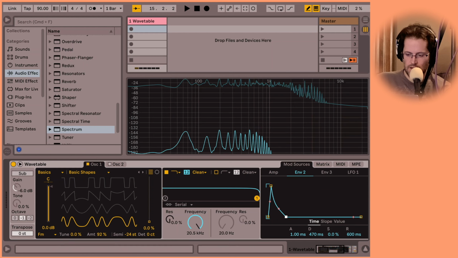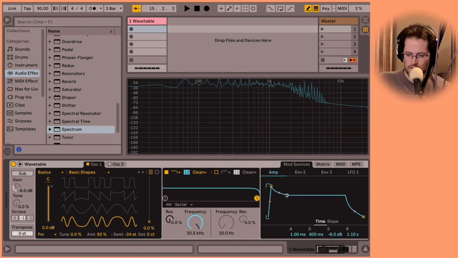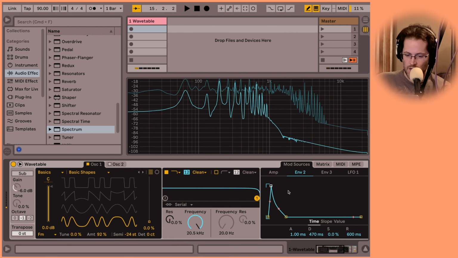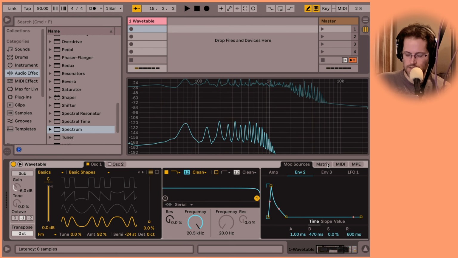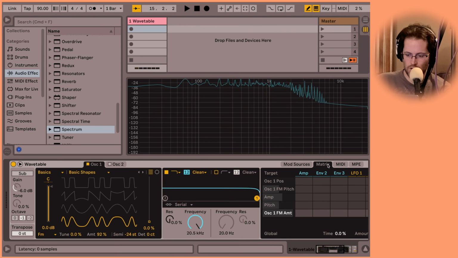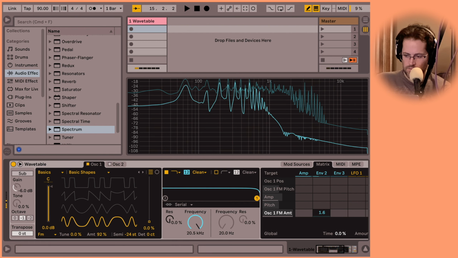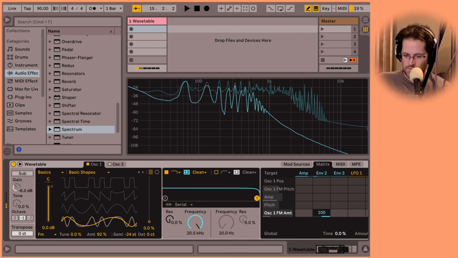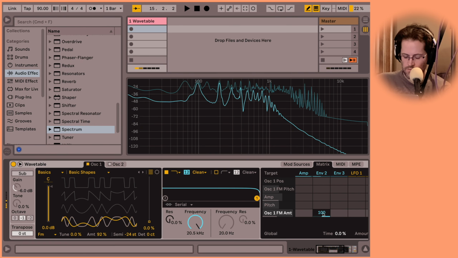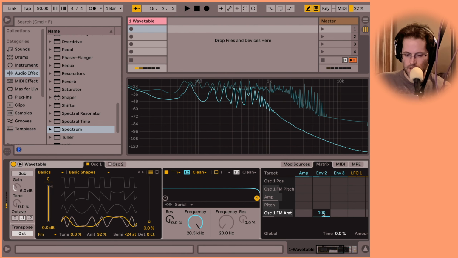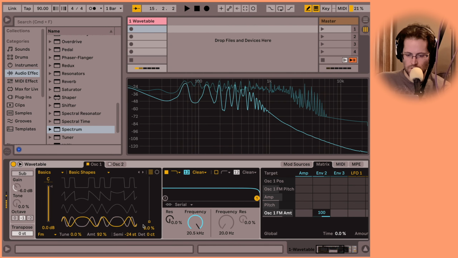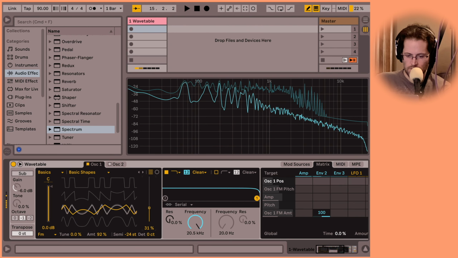Well, now let's go back into that envelope 2. The reason why I'm doing envelope 2 is because amp, I just want to keep that more for what it does, which is the volume. So you got your envelope 2. Now, it's not going to do anything, just as with most envelopes, until you add the envelope. And so let's add it. Welcome to the FM. And then what's nice with this wavetable is that you can move it through.